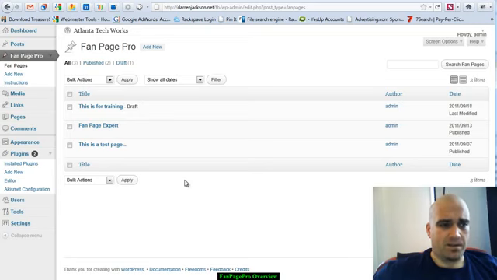I don't have to worry about setting my clients up if they just want to run a special. I don't have to worry about setting up clients with an SSL or anything like that. I'm just going to use the SSL right off my own domain. And a great example of that is